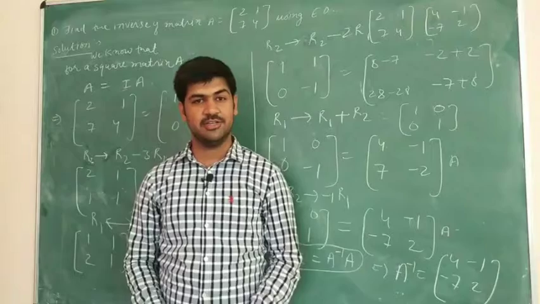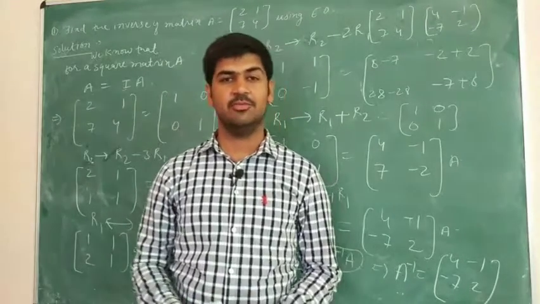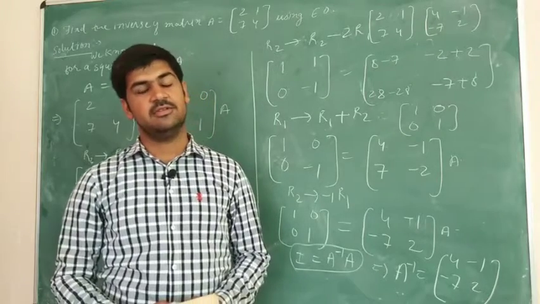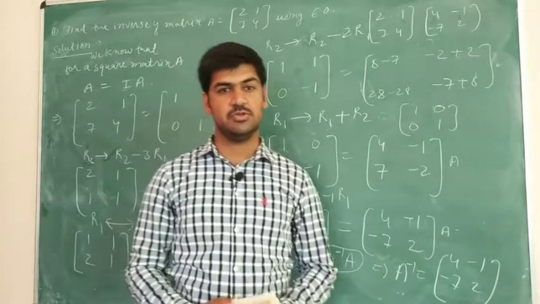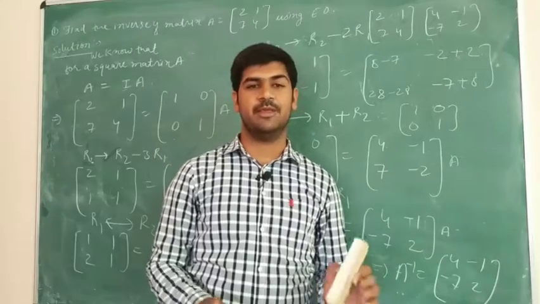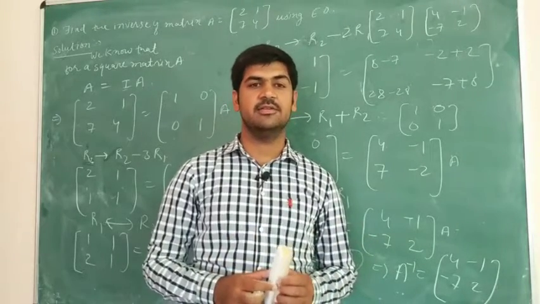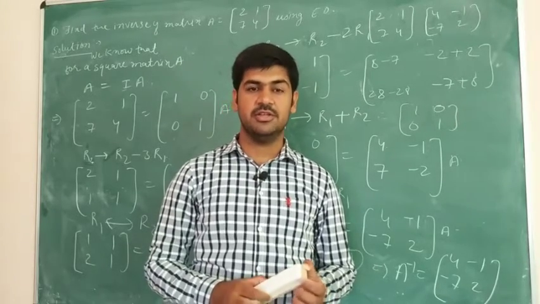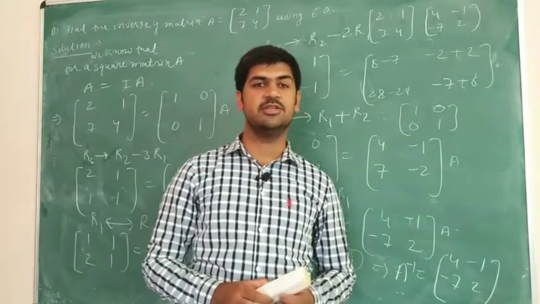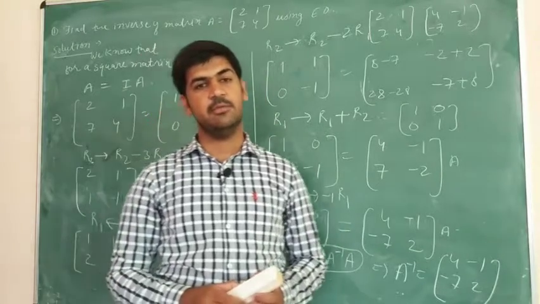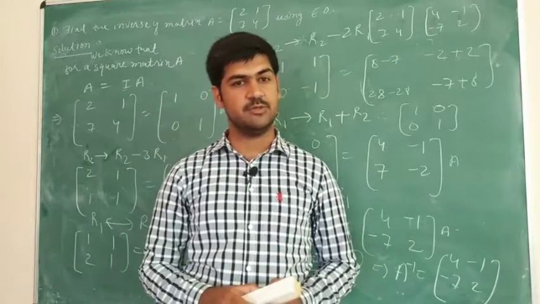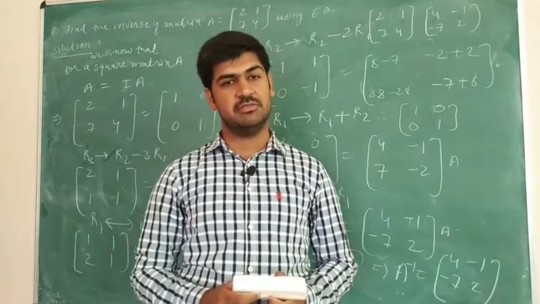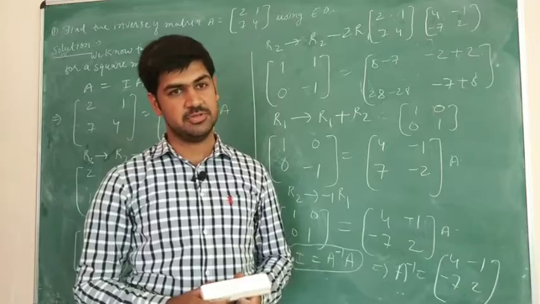So this is how we have taken one more example. We will take some more examples, students, of finding the inverse of a square matrix using elementary operations or transformations, so that you can properly understand how to find the inverse of a square matrix using elementary operations or transformations. The reason why we are taking more and more examples, students, is that this is a very important topic from your exams point of view, and there is always a question of finding the inverse of a square matrix using elementary operations or transformations in your exam.